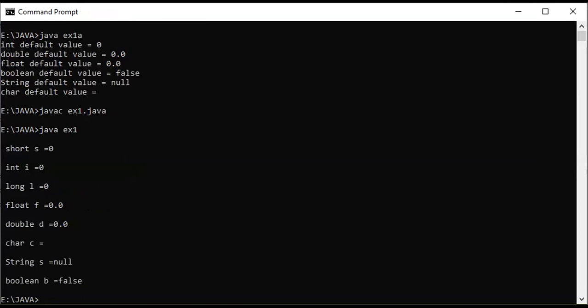So the same logic as in the previous program: I told you the process of declaring class members as static, then the static main method can access them directly without any object. We know that concept very well. And the second approach is that I didn't define any variable with the static keyword. I defined every data type normally, but I can access them inside the main function by creating an object of the class. So these are the two logics. You can write whichever logic you like in your observation book.